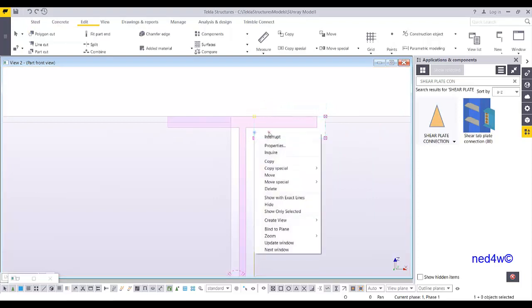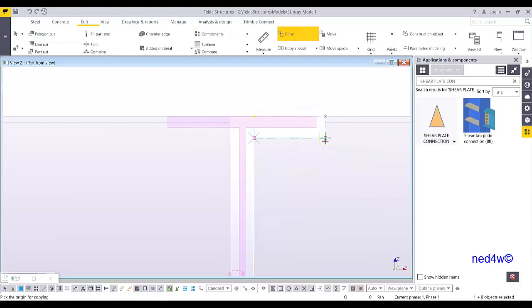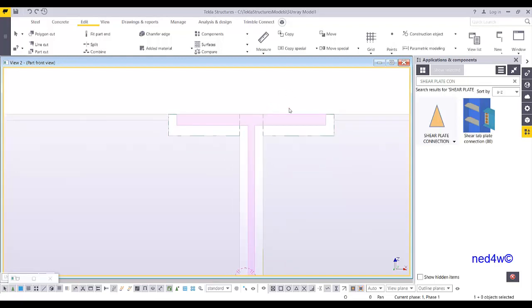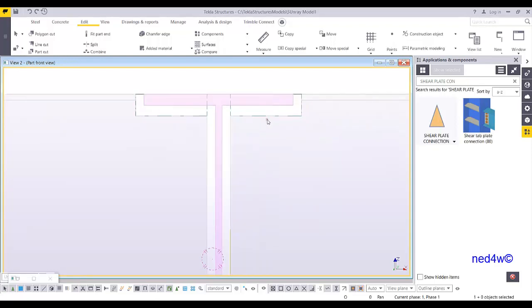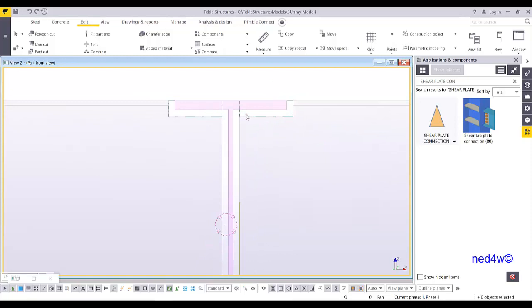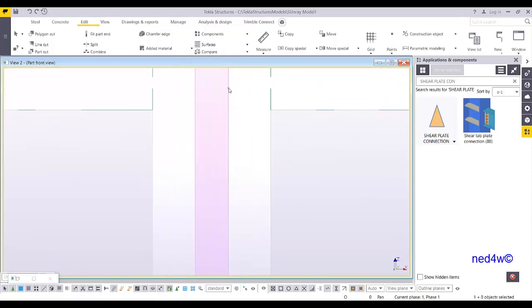So maybe I can try to copy this one from here to here, and it works. You can just simply copy that one. I tried copying mirror. Yeah, so sometimes you don't need to mirror it. You just copy that one directly. Yeah, that's right. Okay. So now I'm going to add a point here so that I can use this one